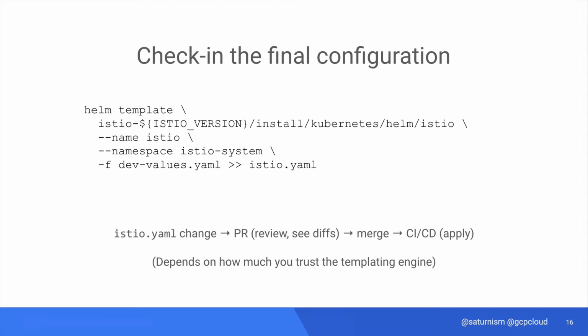So rather than depending on this hidden layer on the server side, the team overwhelmingly prefers the client-side template generation. So even if we are using Helm, we always check in the fully generated, or hydrated, YAML file. The initial check-in may result in a file with hundreds or thousands of lines of YAML, but the incremental changes become much easier and obvious when you just see the diff in a pull request.